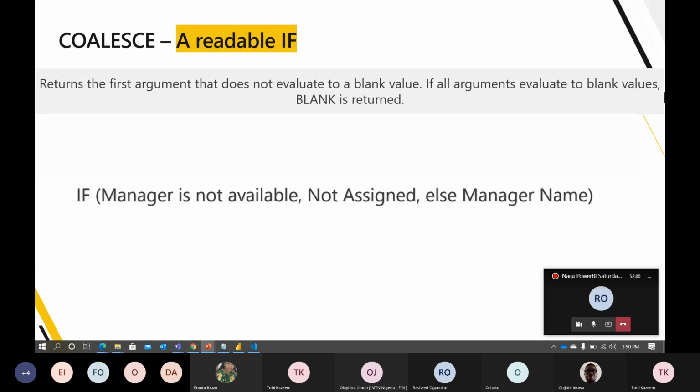We have stores, but at a time, maybe a particular store does not have a store manager at that particular time. So let's say if the manager is not available, just put "not assigned" as the manager name. So we have a store, let's say a QSR, a quick service restaurant, maybe Banawa, Kaduna,